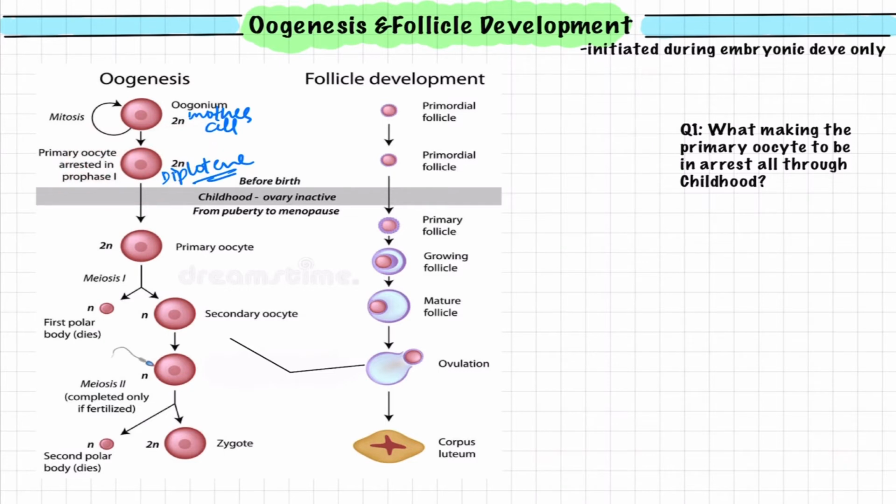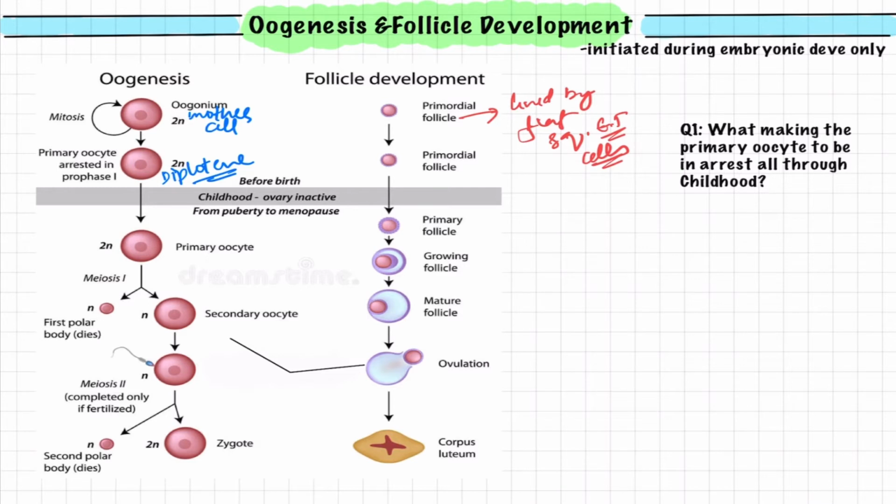Here they have enlarged the primary oocyte from the primordial follicle to explain it nicely. The characteristic feature of the primordial follicle is that it is lined by flat squamous epithelial cells. Okay,